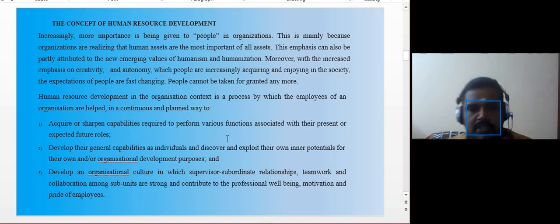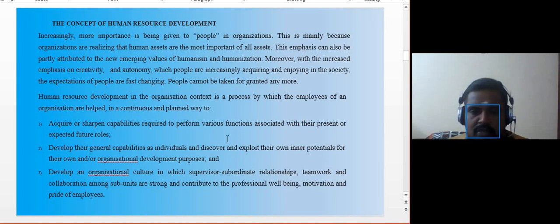The concept of human resource development. You can see the importance in an organization. We must regard the people resource as the most valuable resource in the organization, because man only invented the remaining resources for the betterment of his life and other things. Clear? So HRD talks about the development of human resources by acquiring or sharpening the